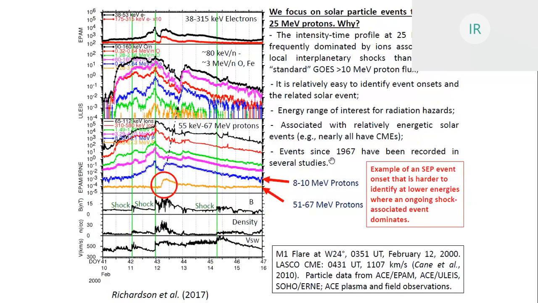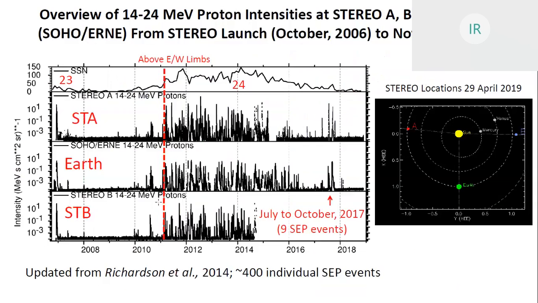Since 1967, we have a long list of these events. There are over 1,000 events, so we can use them for long-term studies at a similar energy. So I'm going to focus on 25 MeV proton events seen by the STEREOs. This shows an overview of the 24 MeV, almost 25 MeV anyway, proton intensities at STEREO A, at the Earth, and STEREO B from the launch through to just before the AGU meeting, which is when I did the plot. So here's STEREO A, Earth, and STEREO B. And one thing you really see, apart from this event in December 2006, the